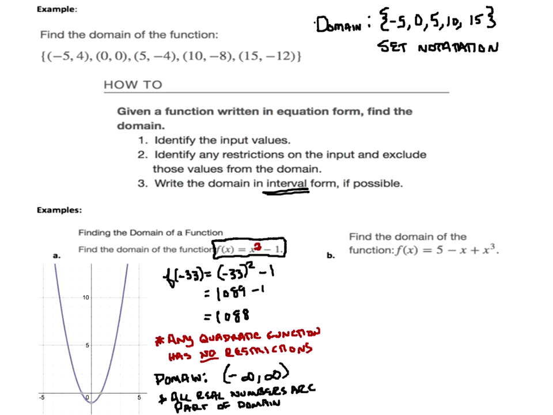And we'll take a closer look at the actual graphs here in a moment. I've got some graphs that explain looking at it graphically here. So there are no restrictions. You can see you chose -33, which is a real number, and it came out to 1088, which is also a real number. So there's no problem with that. The only thing that we have problems with are when imaginary numbers come up, and we get those by taking even roots of negative numbers, and we have problems with having 0 in a denominator because that causes it to be undefined.